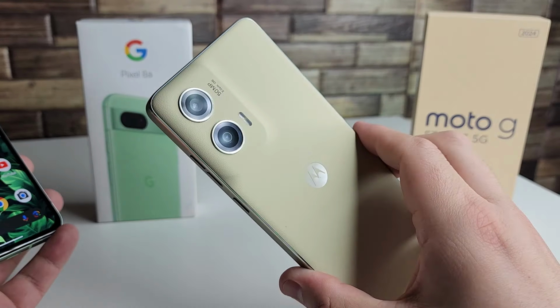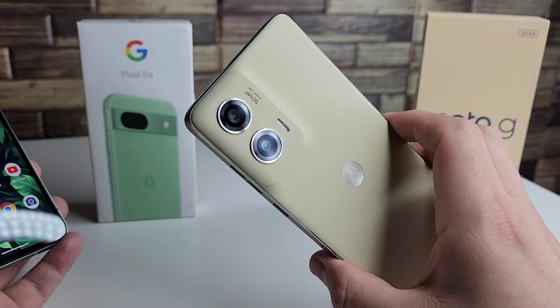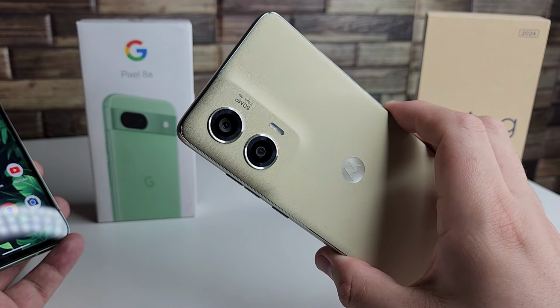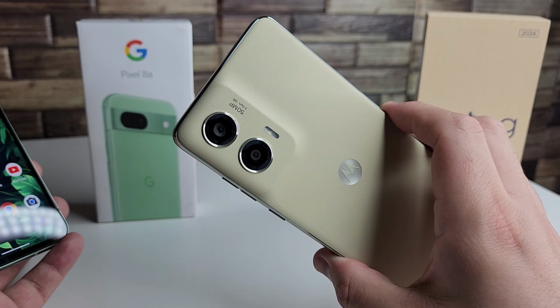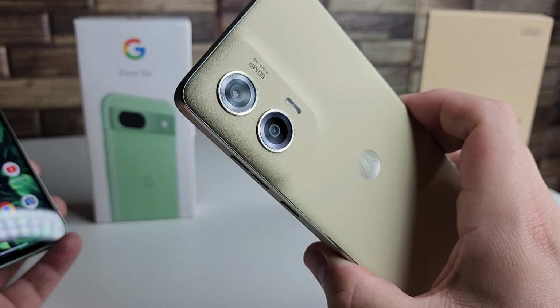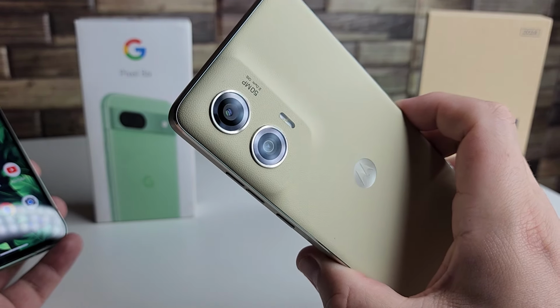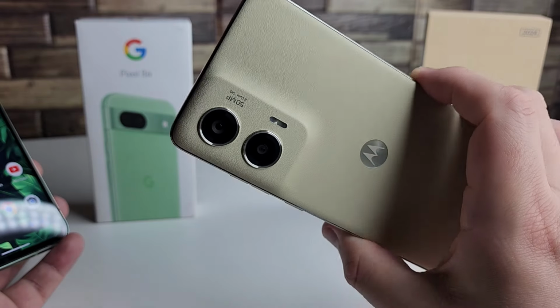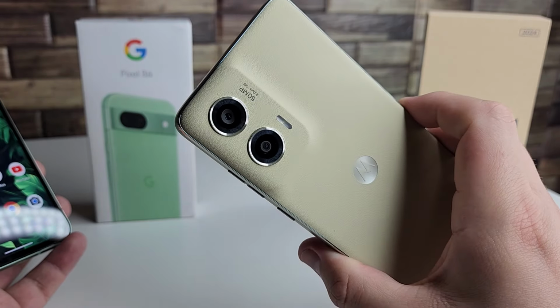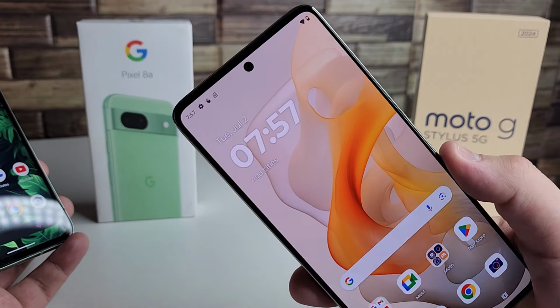Going over to the Moto G Stylus 5G right here, of course the same dual camera setup right here. We have a 50 megapixel shooter instead of a 64 megapixel shooter. That's going to be our wide camera as well. Our secondary is going to be a 13 megapixel ultra wide. We are capable of LED flash, HDR, and panorama on this device as well. And we can shoot up to 4K at 30 frames per second on the front and the rear camera as